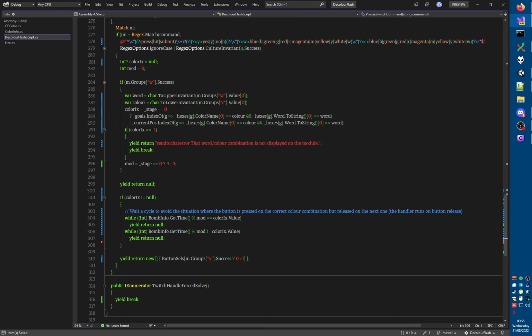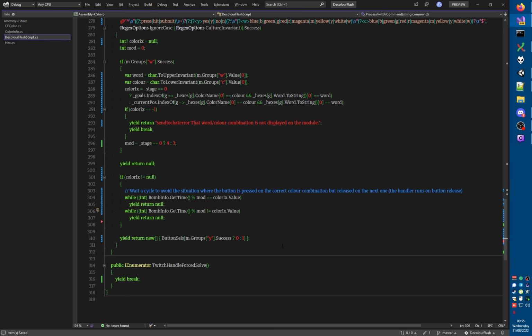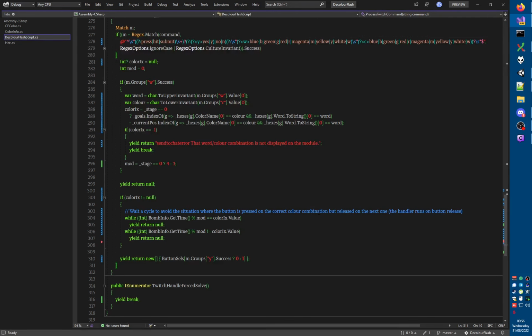Okay. So in the vast majority of cases, actually not the vast majority, but in 1 out of 3 or 1 out of 4 cases, this will already be false and this will not make a difference. So the only time when it waits a whole cycle is when you were already at the correct color at the time when the command starts processing. Yep. Okay, so with that done,